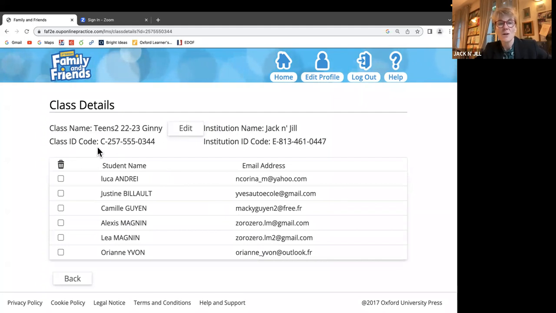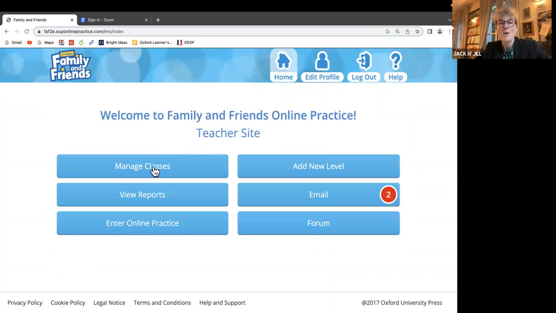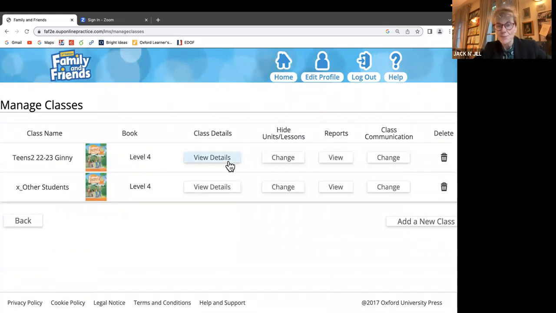Okay, you'll see here that your class code is here, not that you'll really need that, and the institution ID code for Jack and Jill is here. You won't really be needing that either, unless you're enrolling new students. Normally your students are already enrolled for you. If I go back to the Manage Class tab, I can see here that I can hide or show lessons